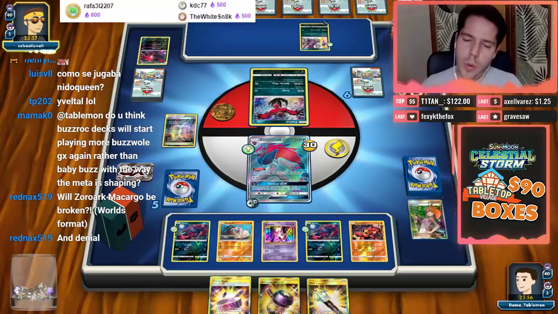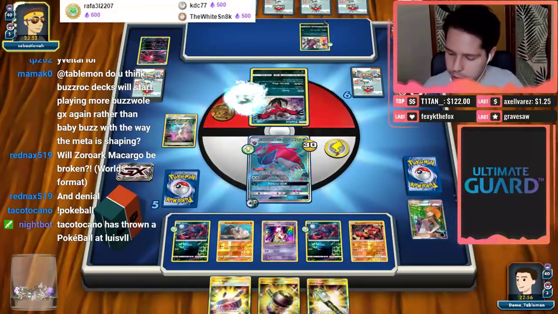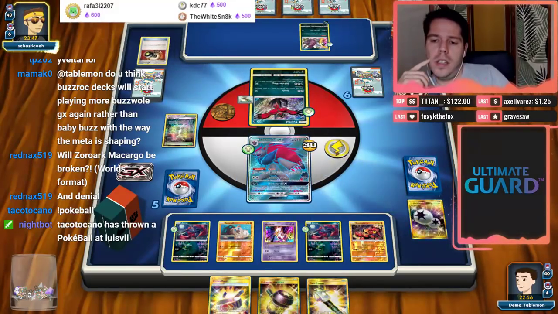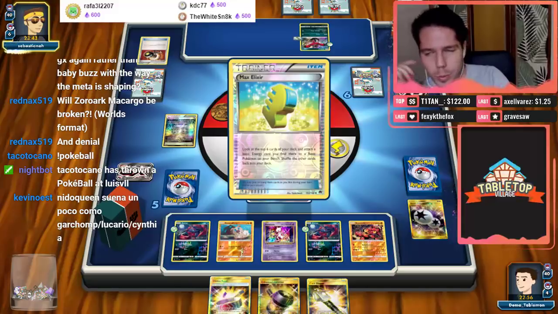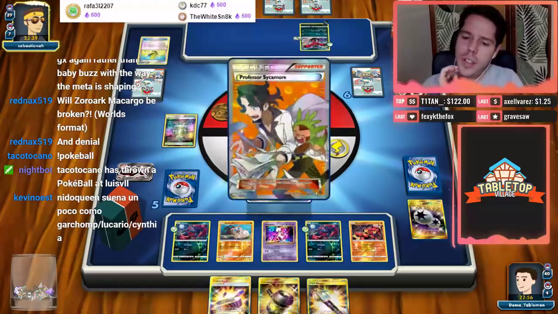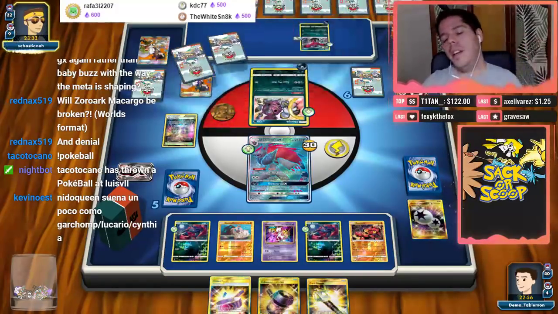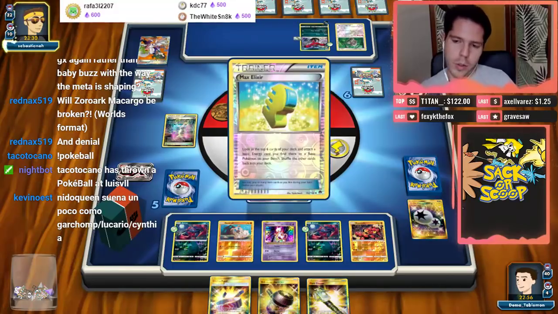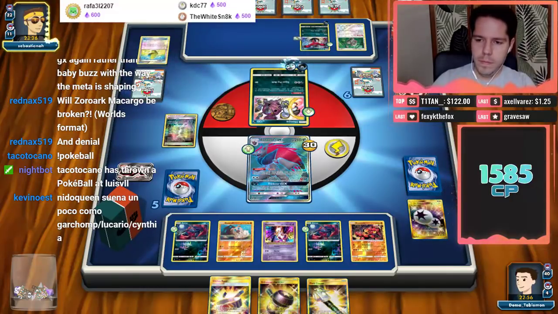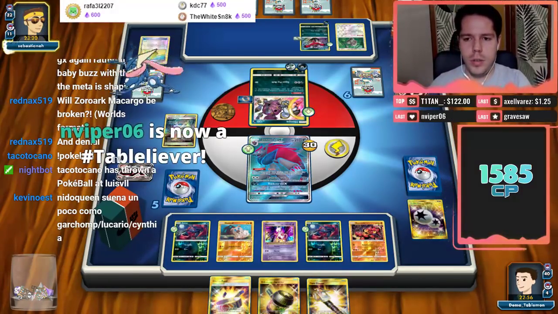Will Zoroark Magcargo be broken for Worlds? No, because Zoroark Magcargo doesn't have the bench space. Parallel City is just too prevalent and too strong for you to consider that. But Zoroark Magcargo in Expanded will probably be a thing. Yeah, I just don't think you have the bench space for Magcargo. Like, it's always better to have an extra Zoroark than a Magcargo. Because if you're trading so much, then you just manage to...